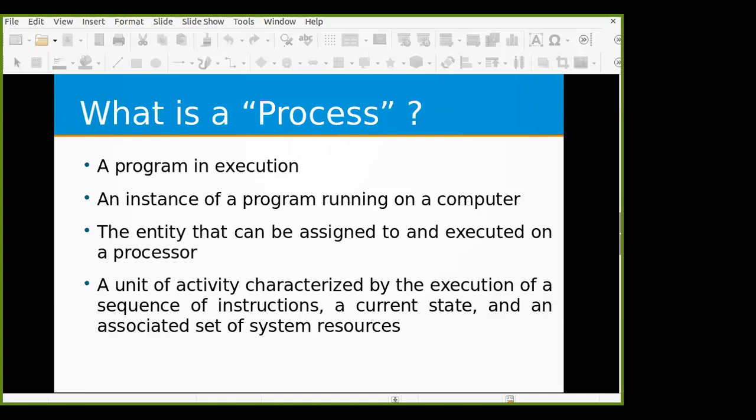And what is a sequence of instructions ultimately? If I want to put it in short, what is the sequence of instructions? Program, right? So basically it is a program. So execution of a program, a current state, what is the state of that process, and an associated set of system resources. What resources are associated with that process, that entity which is being executed? Like what memory is there, what IO is there, what resources are associated. So combinedly, this is going to characterize a process. Does this make sense? The last definition,